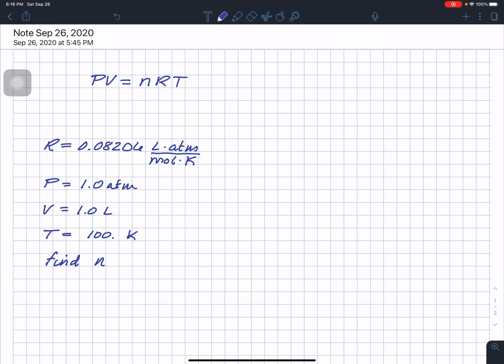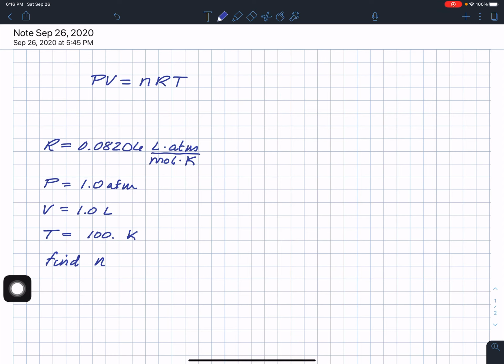So this is going to be a little video on how to cancel the units in the ideal gas law. So here's our ideal gas law. Here's R, 0.08206 liter times atmospheres over mole times Kelvin. And then I just made up some numbers here for pressure, volume, temperature, and we're going to try to find